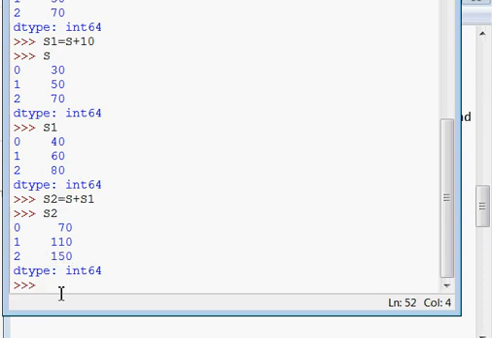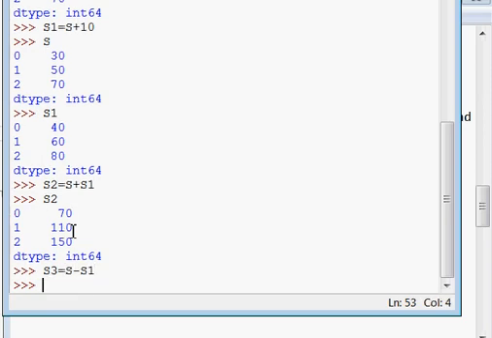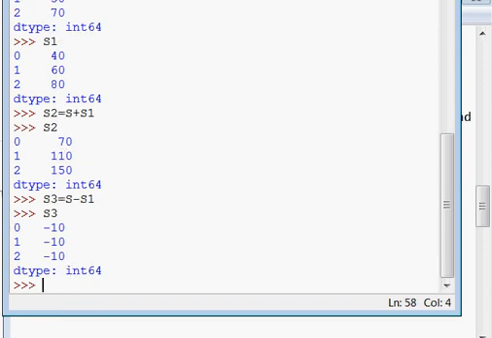In the same way we can create a series from these two series by writing S minus S1. Your S was having value 30 and S1 40, so 30 minus 40 will become minus 10, and 50 minus 60 will become again minus 10, and 70 minus 80 is showing again minus 10.